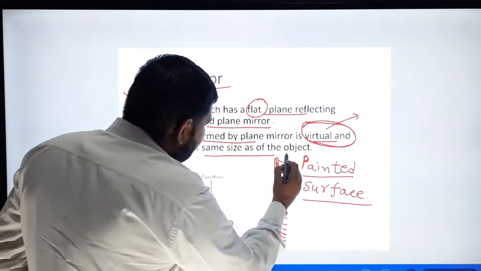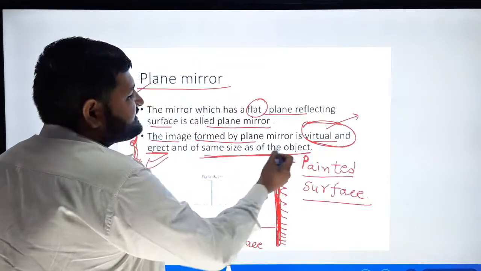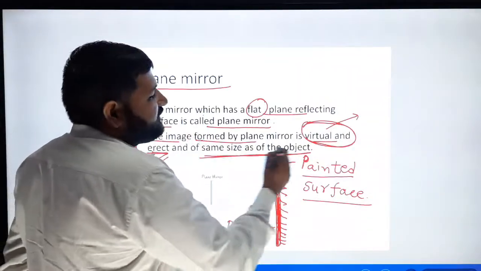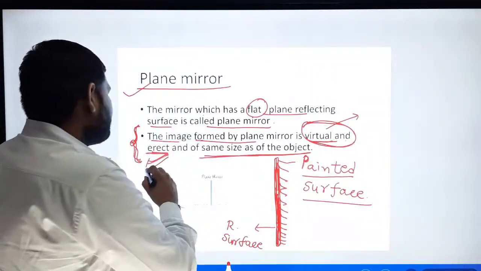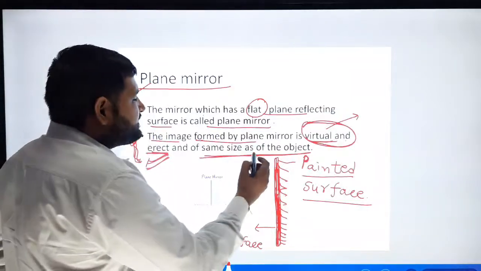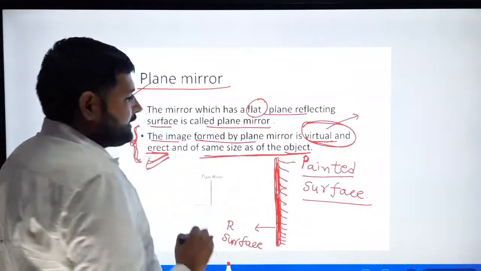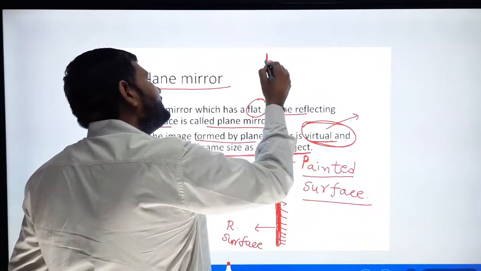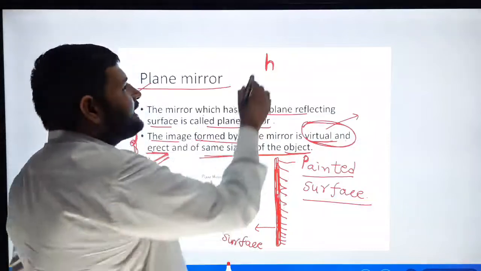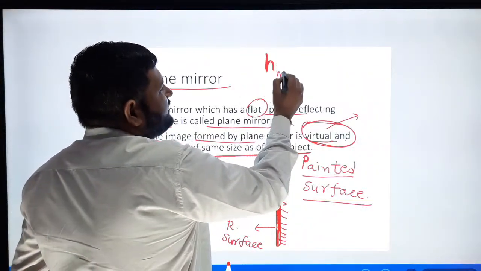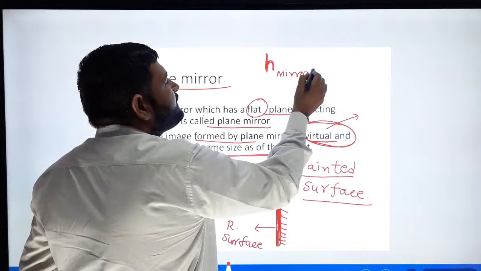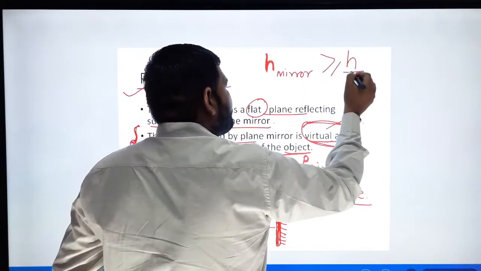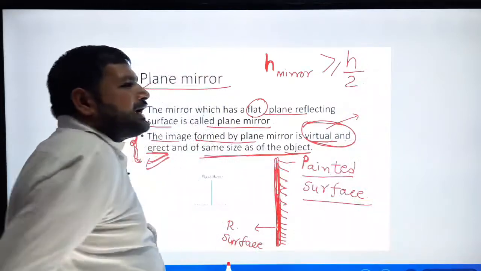Next one is size. The size of the image is the same as that of the object. So the nature of the image is virtual and erect, and the size of the image is the same as that of the object. And one another thing, if you want to get the full image of an object whose height is small h, then the minimum height of the plane mirror must be greater than or equal to the half height of the